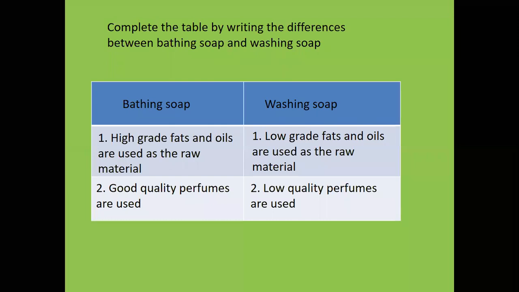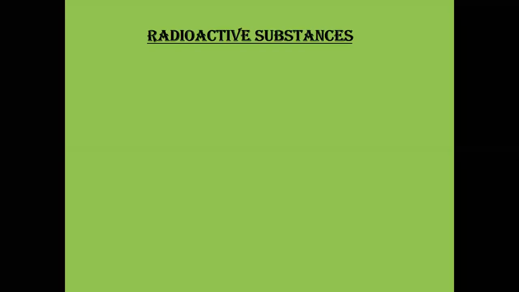Moving ahead, let us try to understand the new term which we are going to study for a long time, which is called radioactive substances. I'm pretty sure each of my students has heard about this term, radioactive substances, or what is radioactivity. A lot of questions related to radioactivity come up in our mind, because this is such a thing where continuous research is still happening. We have a vast background to understand about radioactivity. So let's try to understand a few things from the chemistry point of view also.